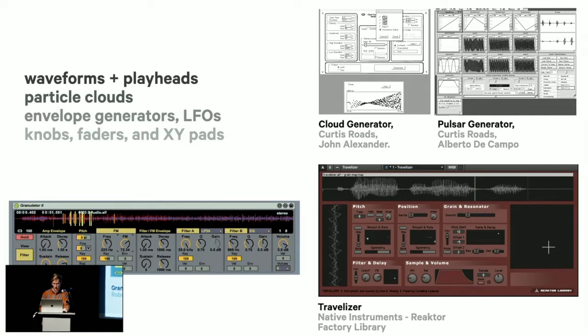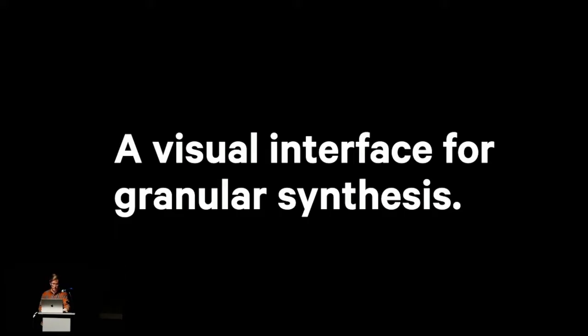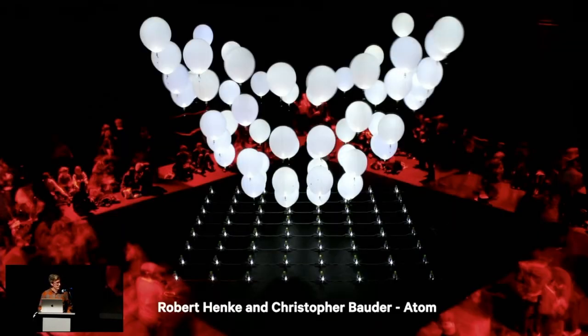And in this project, we had to work with C++ and OpenGL, and I didn't know how to make a button in OpenGL. I didn't know how to make a knob or put text on the screen. But I knew how to draw shapes. I knew how to do that from doing Processing and working with other creative coding frameworks. So I decided I would try to make a visual interface for granular synthesis and start simple with just drawing some shapes. Of course, I was also a little over-optimistic, and my first inspiration for this was this